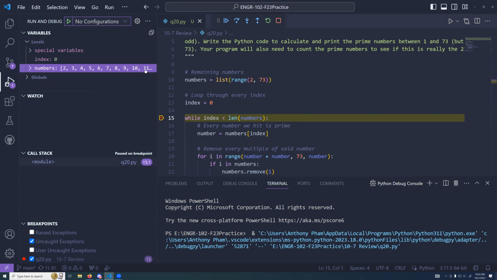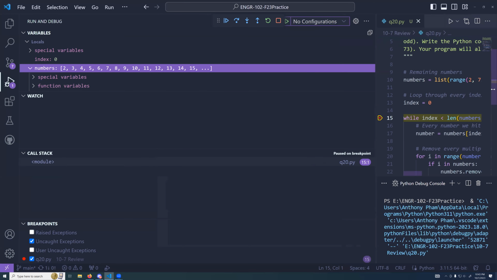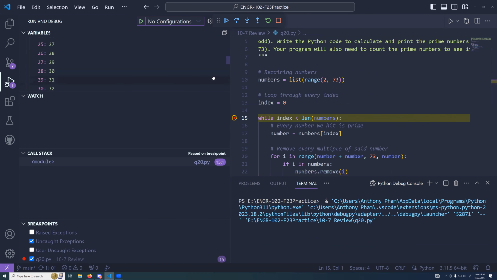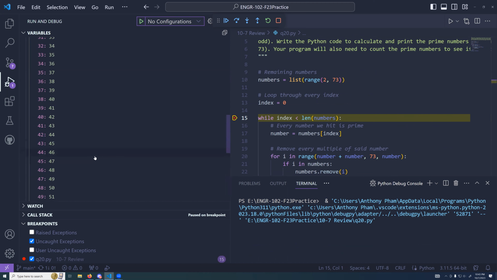You can see my numbers list. It's really long. You can see all my numbers right here, and these are the indices. So this is my starting numbers list. And now when I step in,